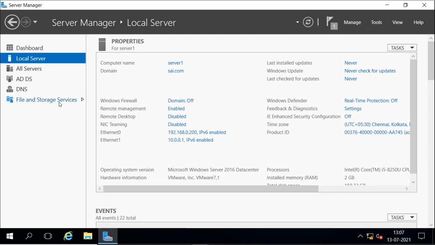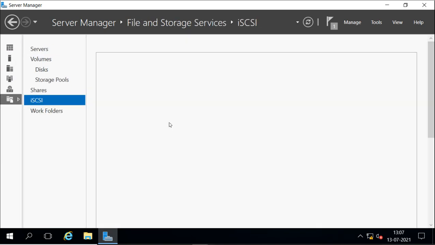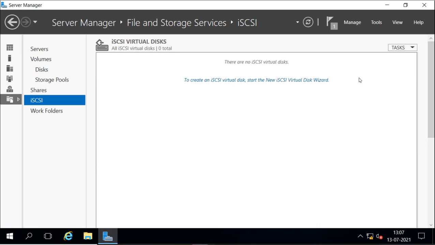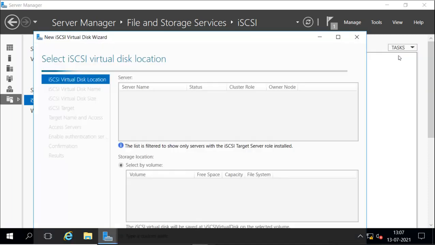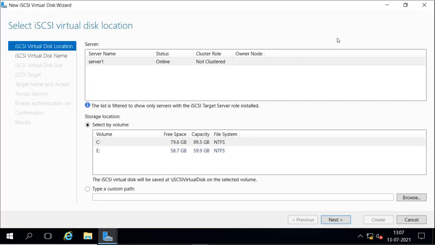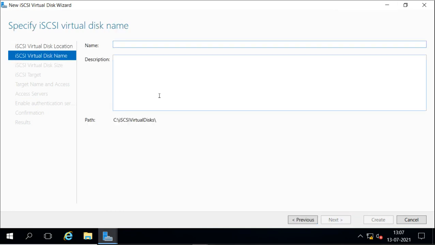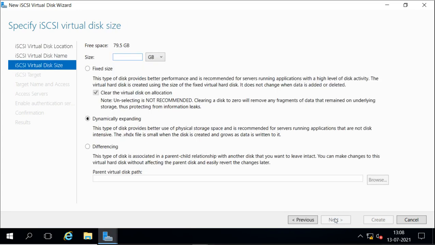So I will go to File and Storage, iSCSI, and I am going to create two storages. So Tasks, New Virtual Disk, and I am going to create one first. The first one is going to be for the quorum, so I named it quorum so that I remember this is for the quorum. Now we don't need more than 1 GB, so I am creating a 1 GB dynamically